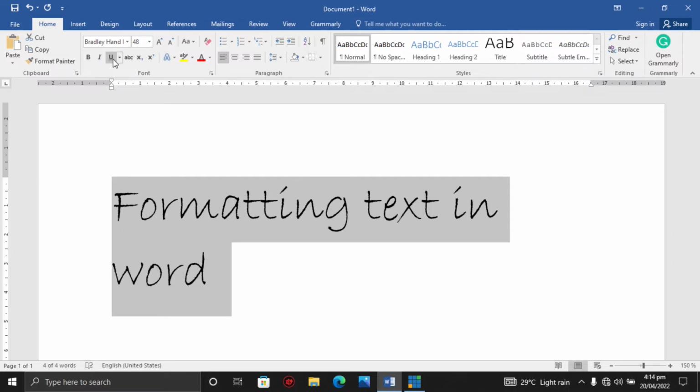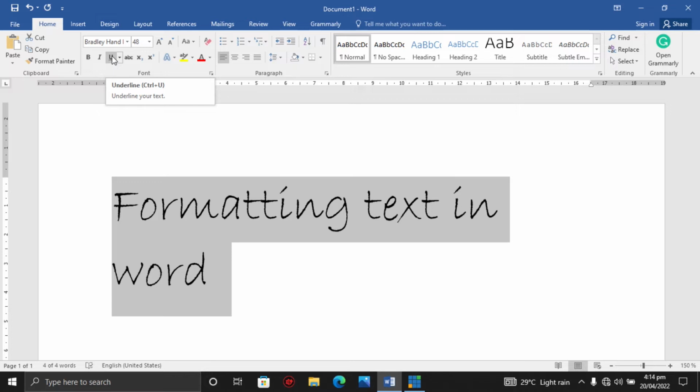Now we have this one here. When you hover over any of these tools, you see info about the tool. On this tool here, we have underline, and the shortcut for underline is Control plus U. Underline helps us to underline text.